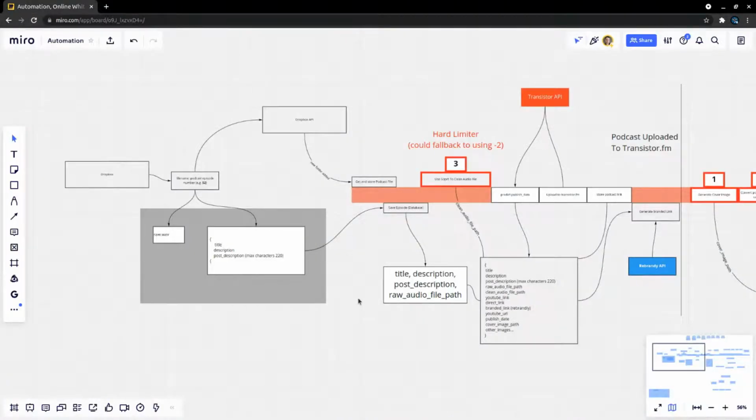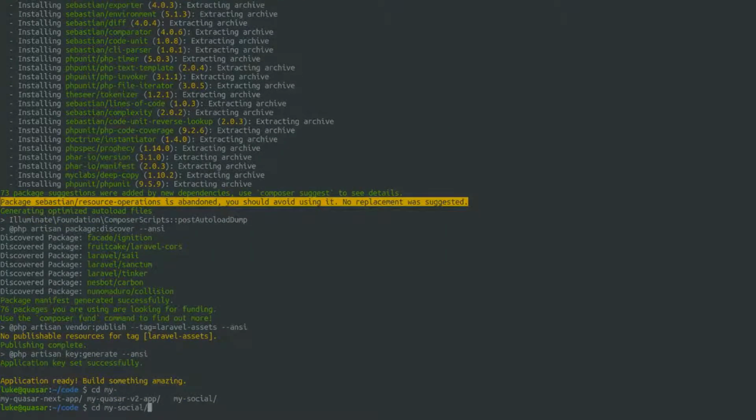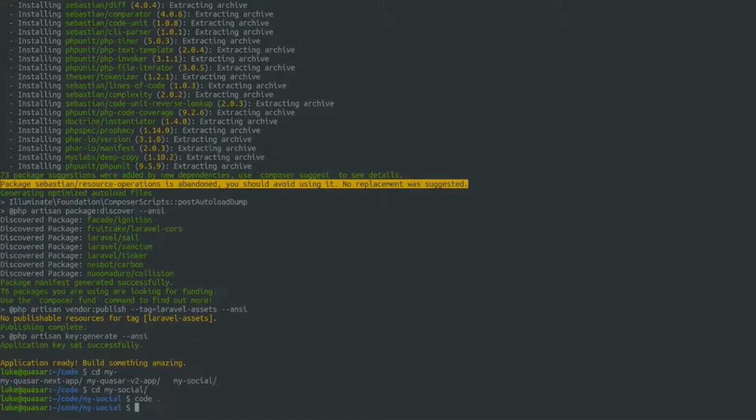All right. Anyway, moving on. What was I up to? I need to update and restart. There we go. This is a Tinkerwell thing, so I just need to get all my Tinkerwell stuff up to date. Let's come in here, cd into our project. What do we call it? My dash something, my dash social. Open that in code.